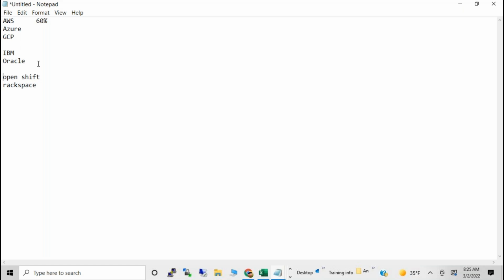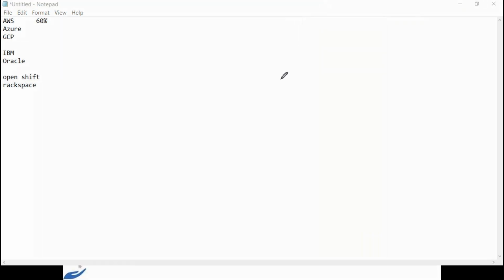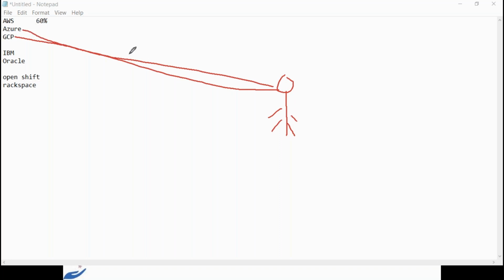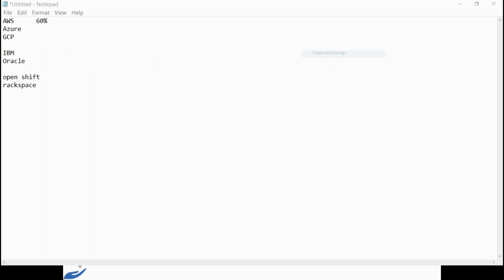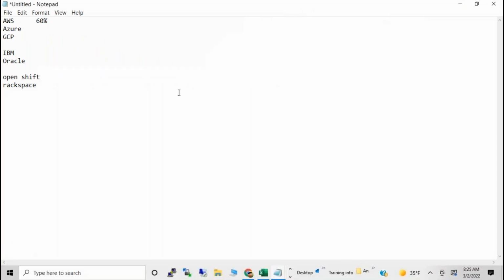Suppose you are a customer managing one company and you need a server from Google, Azure, or Amazon. The process is the same, the server is the same, Linux or Windows or whatever, and the only difference is the GUI, where to click and where to go. The process and everything else is the same everywhere.